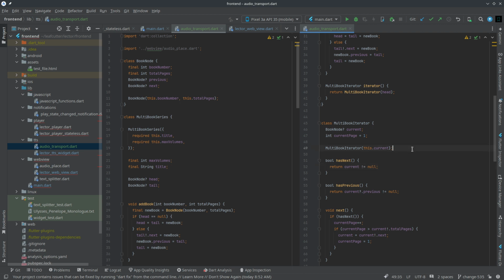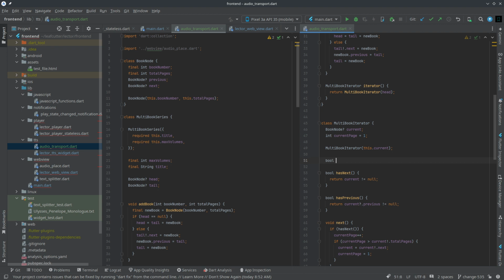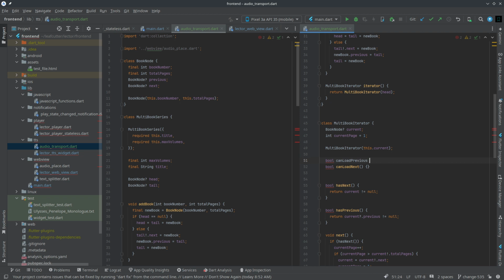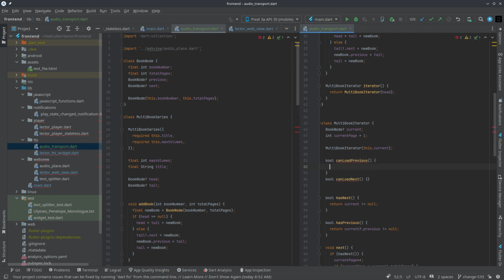Okay, so what if we have can load next and can load previous. And can load previous will just check whether